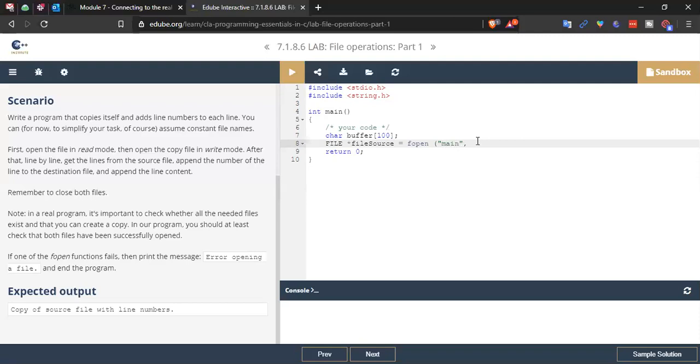Just let it be named main.c, then r for read. Then let's have our if nested here: if file source equals null,